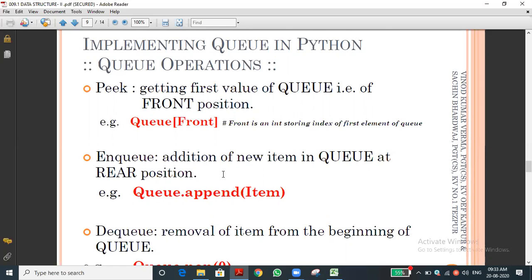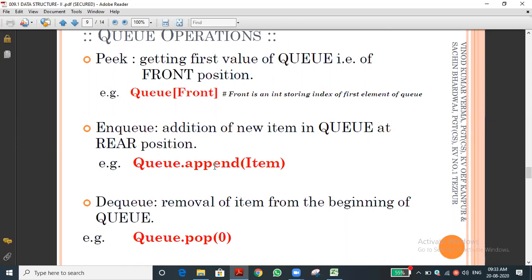Enqueue we already discussed, and dequeue you know. The append function adds an element, and the pop function removes an element from the queue. Same techniques, but here there are two ends. That is the notable change. In a stack, all operations, insertion or deletion, happen at only one end, but here it is two ends. That is the biggest difference between stack and queue.